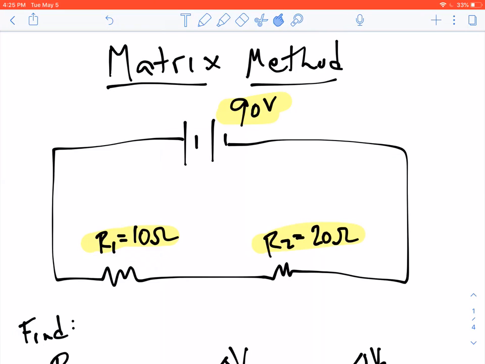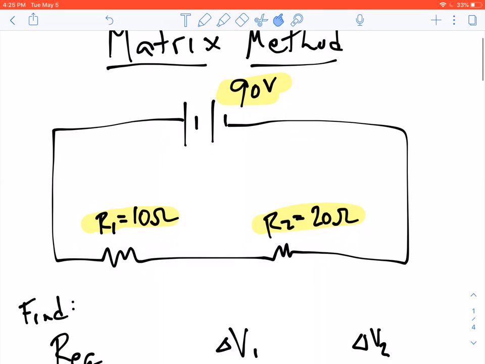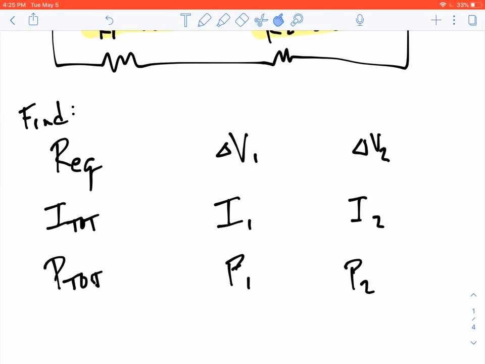When we want to solve a series circuit problem, one way to do it is with a method I call the matrix method. Here we have a series circuit with a 90-volt battery, two resistors, a 10 ohm resistor and a 20 ohm resistor. Let's say, for the sake of argument, that you were asked to find 9 different quantities